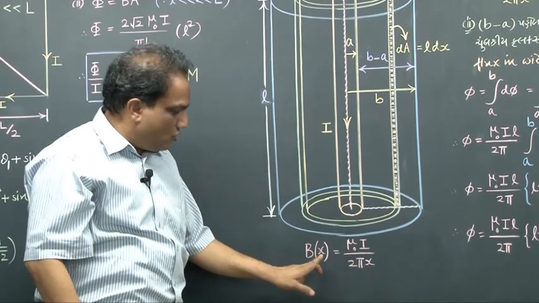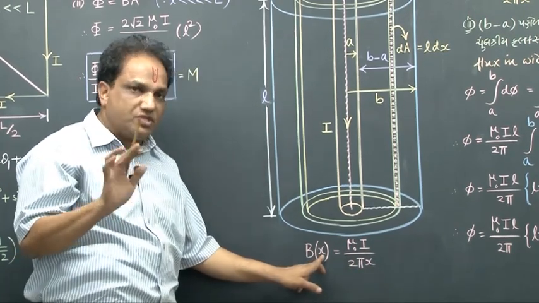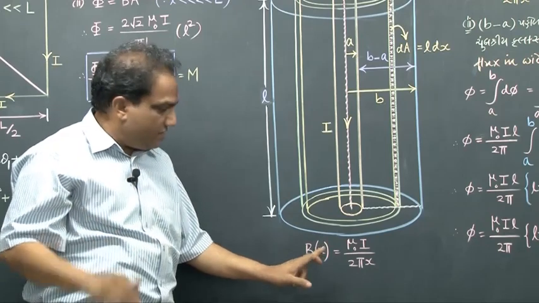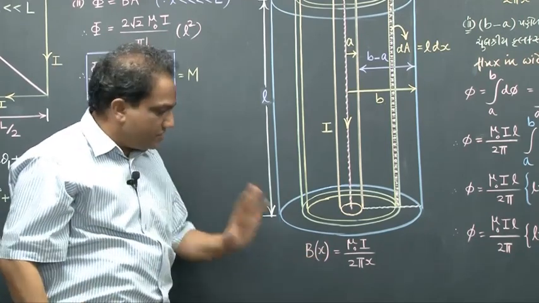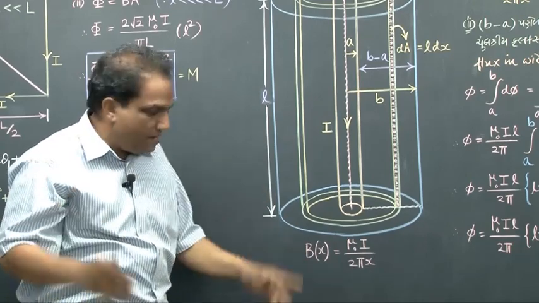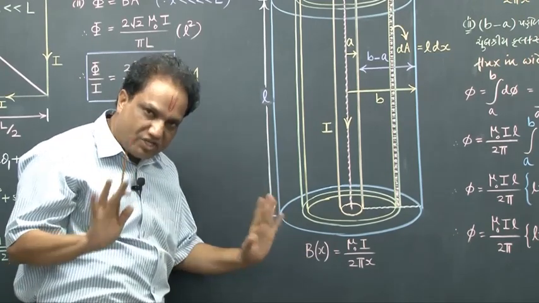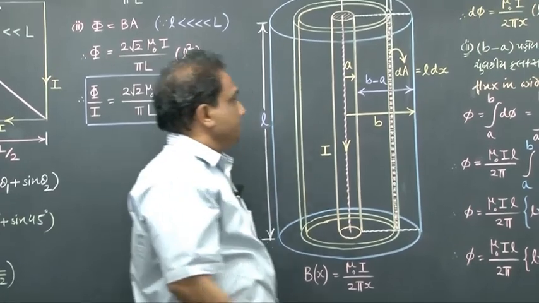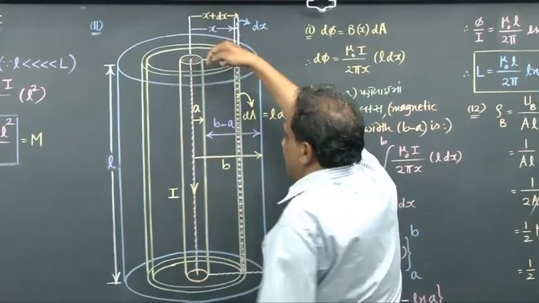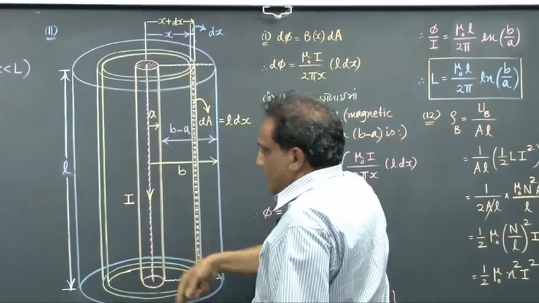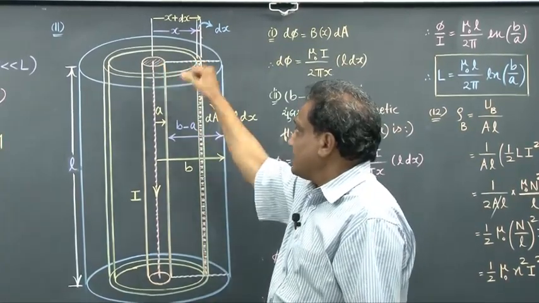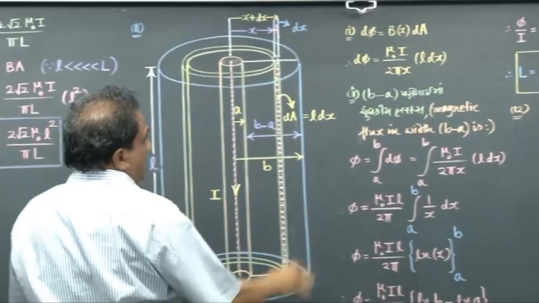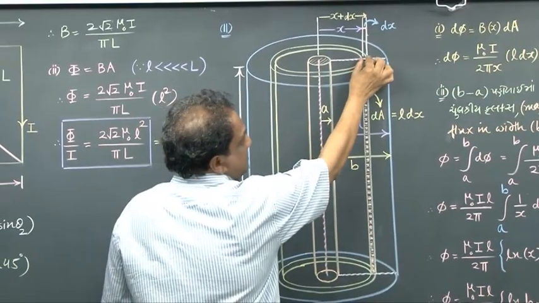If you don't write this x, that will do, but simply don't misunderstand. This is not b into x. No, it's not a product, it's not a multiplication. Simply mathematically we mean to say b is a function of x, that's all. Now tell me, if current is passing this way, in which direction can you expect magnetic field at distance x? In which direction I am showing you? Just consider an extremely